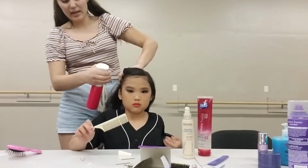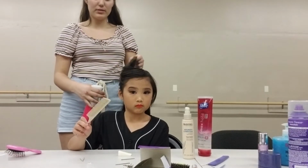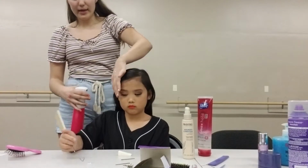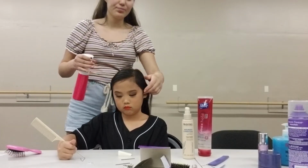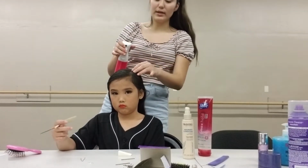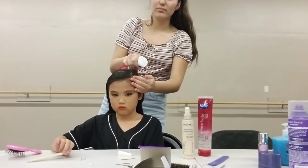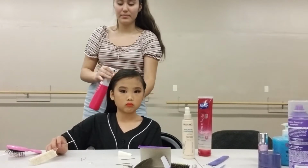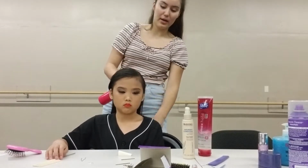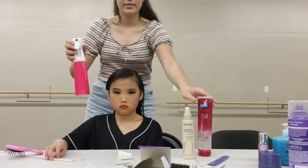Also, if their hair is really fine and wispy and it doesn't hold the style well, I would not wash her hair for 1 or 2 days before the recital, and that way their natural hair oil will be in it a little bit, so it'll hold better if it's a little bit greasy. Dampen the whole hair because you're gonna want to smooth everything and get it slick. Then